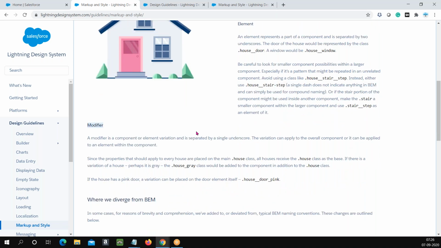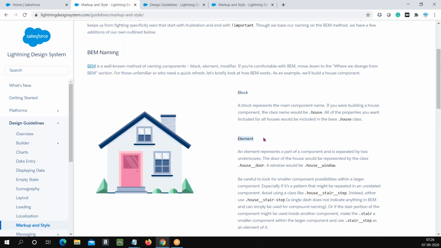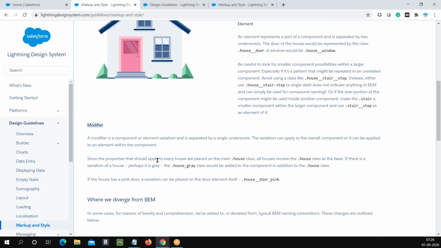And if you see the modifier, so we have seen a block, an element, and what is a modifier? The modifier tells you the CSS properties directly. Suppose I would like to refer to the color for that particular element. So I have a house and a door. We know the naming convention starts from the main element, the class name, double underscore, then the sub element. Then you will again have an underscore and the CSS properties. The modifier always brings some look and feel,